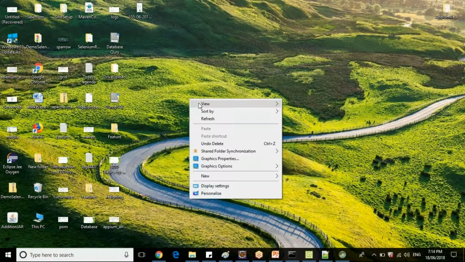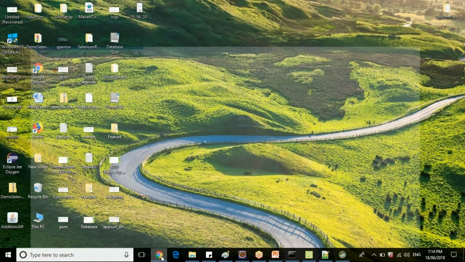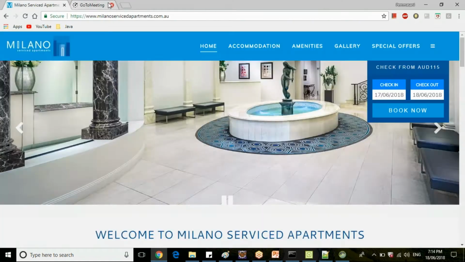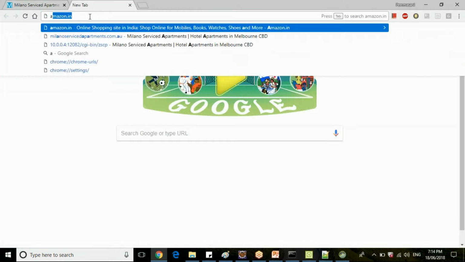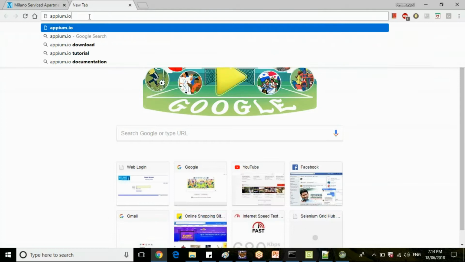So all clear, no queries in setting up the Android home path and connecting a mobile device? If no queries, we can see how to download APM and install, guys. Just respond in the chat box.